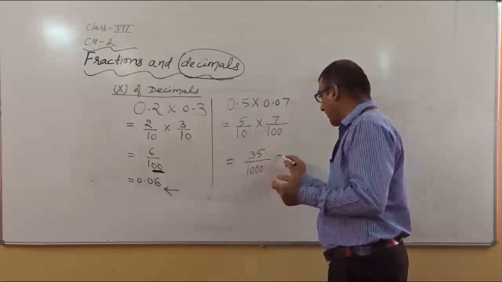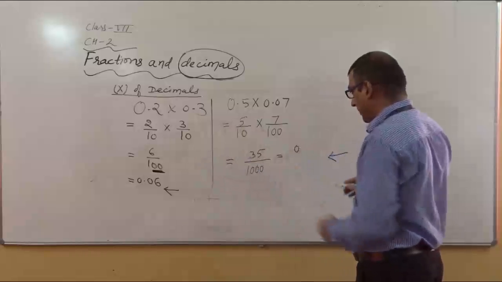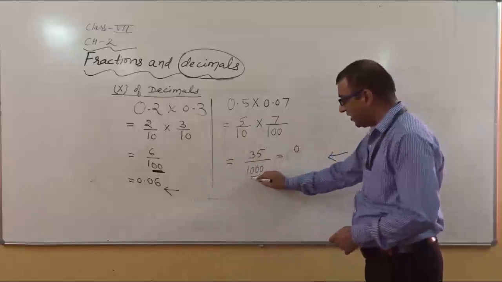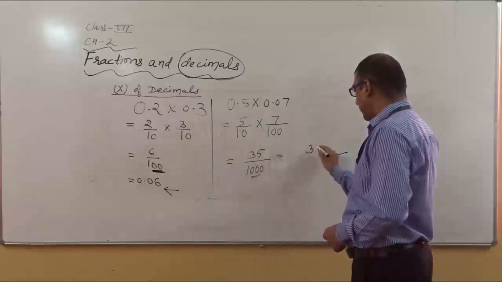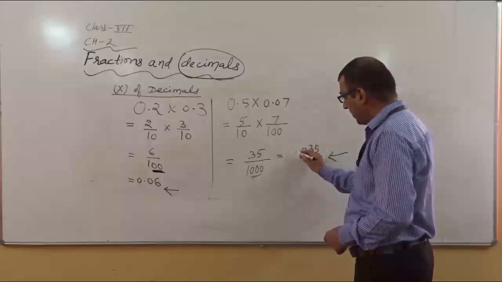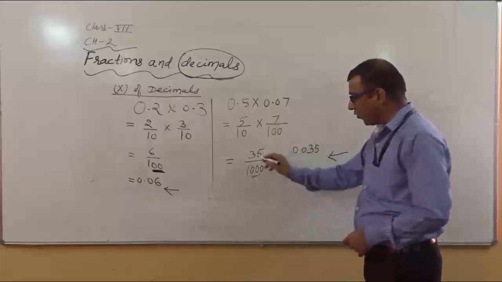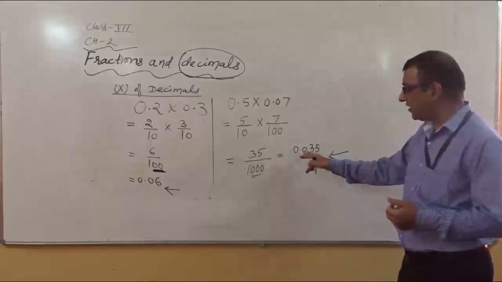And when you solve it, it becomes a decimal. Or you start from the right hand side as I told earlier. So 3 zeros lie in the denominator. So we want 3 digits in the numerator. So 35 is already given. We will write here 0, then we will put the decimal and then 0. So we can say when you divide 35 by 1000, you will get 0.035.